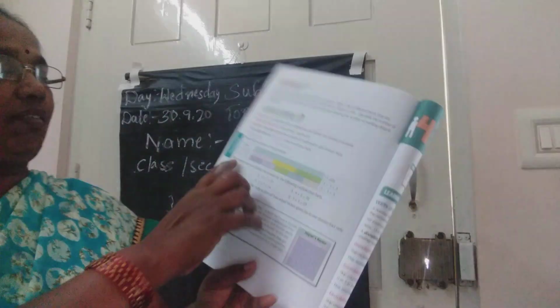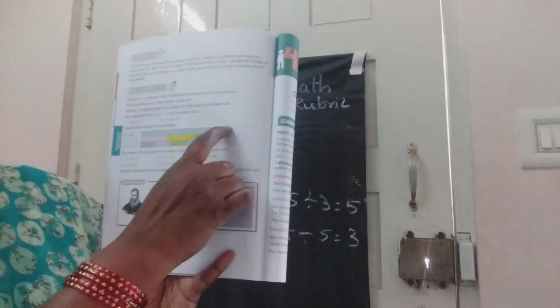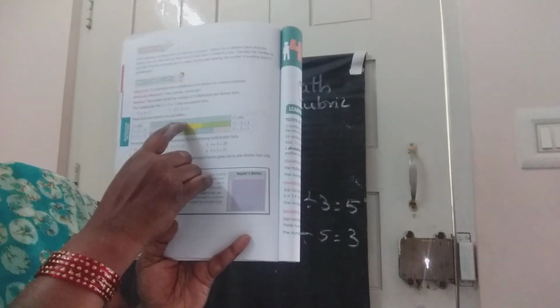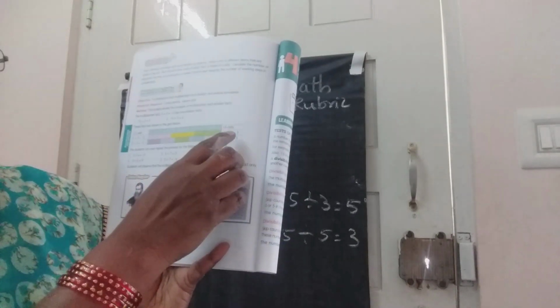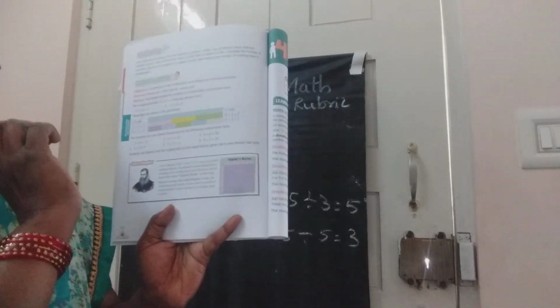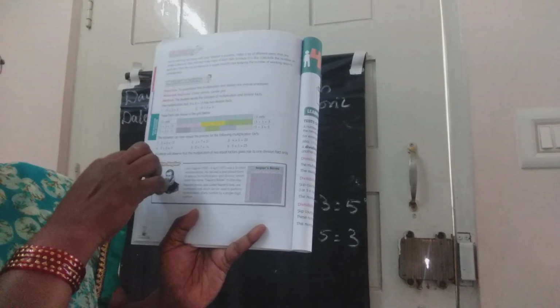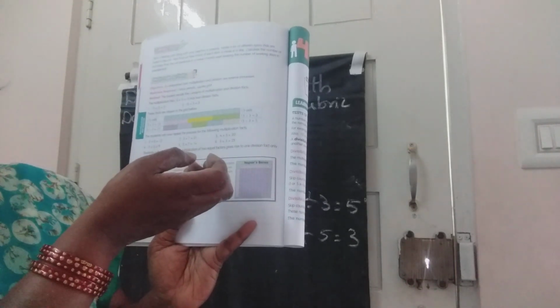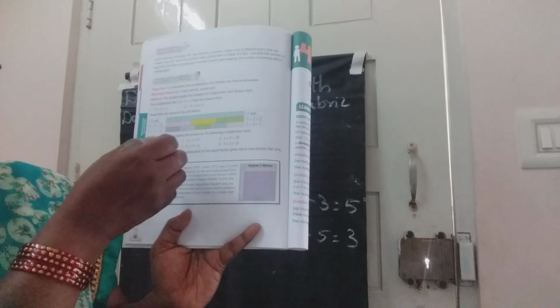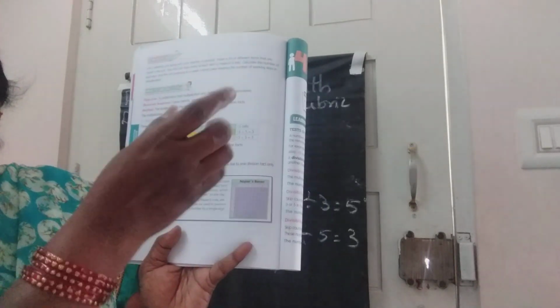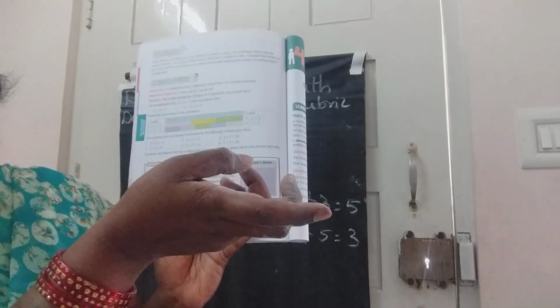For this they have given you 15. Now here they have given you 12. So you take 12 on top. Then 2 6s are 12, that means 2 into 6 is 12. So 6 is being divided into 2, so 12 divided by 2 is 6. And here 6 into 2 is 12. That means 2 can be divided 6 times and 6 divided 2 times. Like that you have to do it.